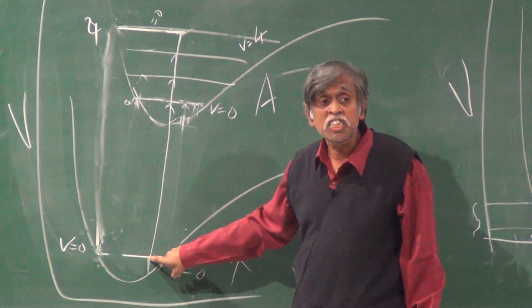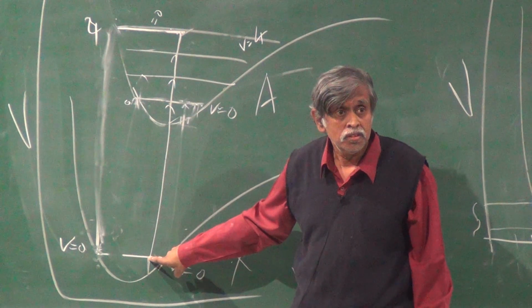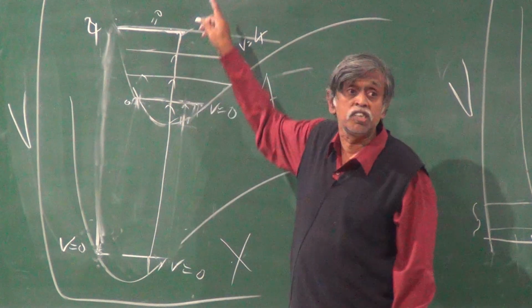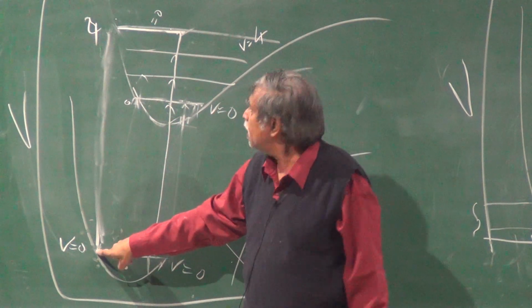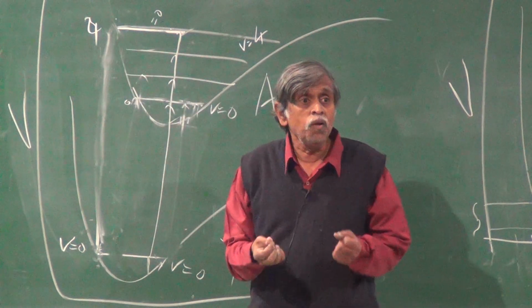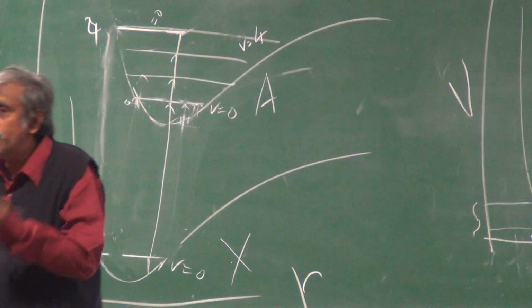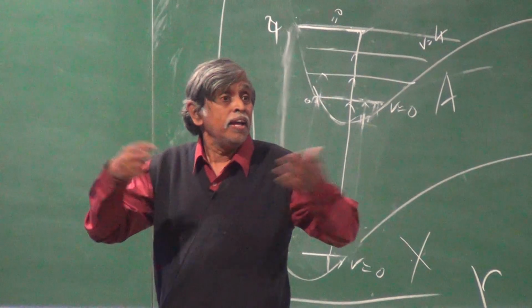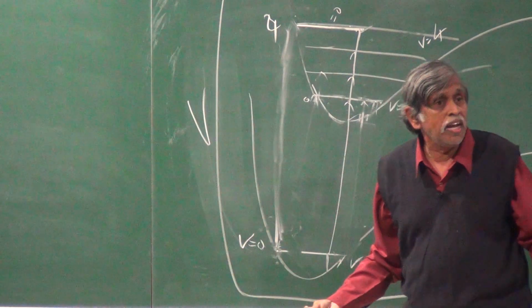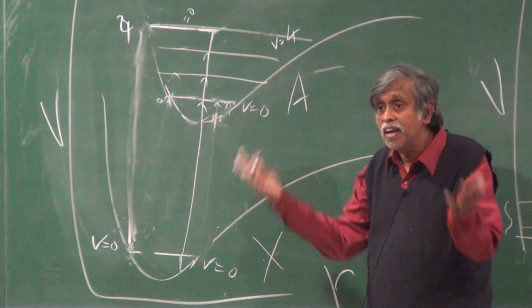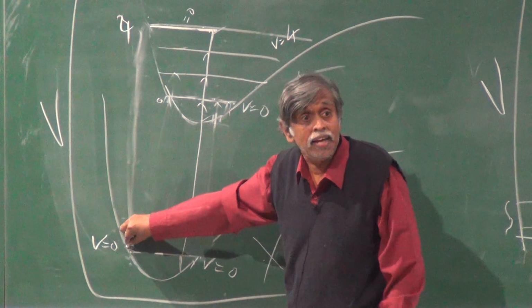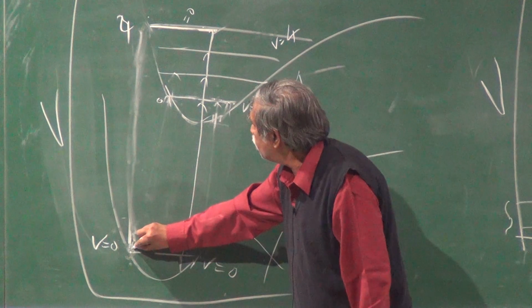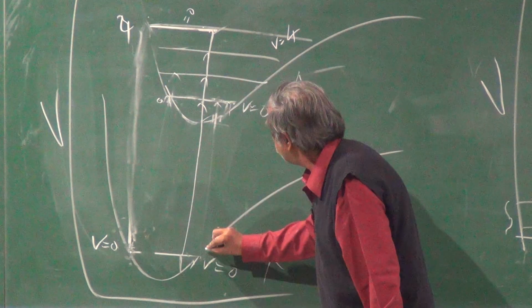So if a molecule at this point will absorb energy, it will go to none of these states. But if it made a transition at this point, then of course it will go to this state. So depending on where it absorbs the light, it can actually go to any one of these states. But in the long run, at the end of the day, you have to integrate, meaning that going from here to here, the molecule can absorb light at any one of these points. When it absorbs from here, it can go here. When it absorbs from here,